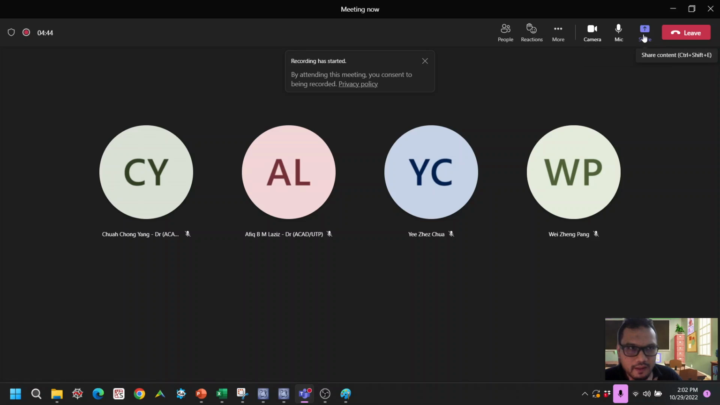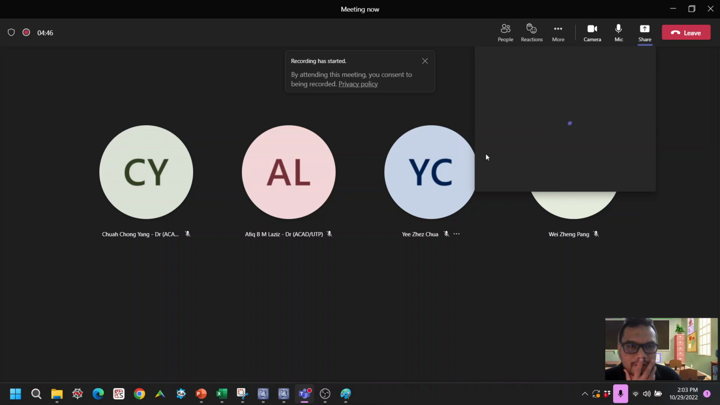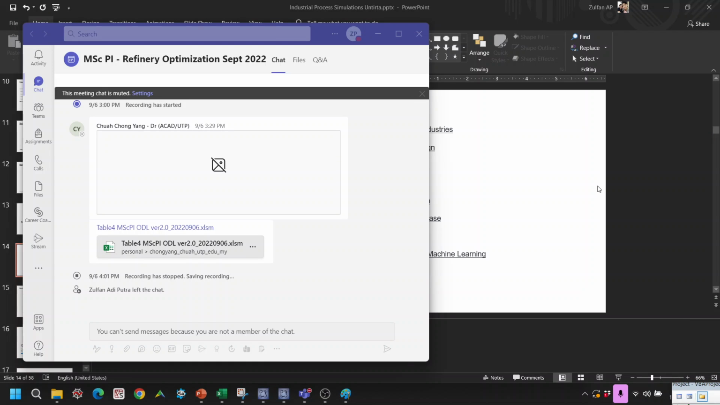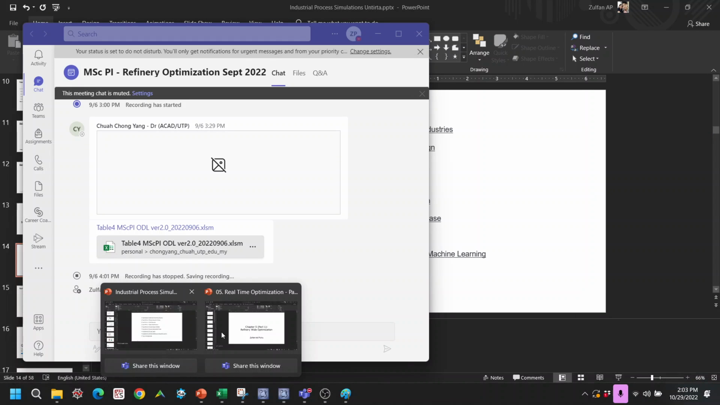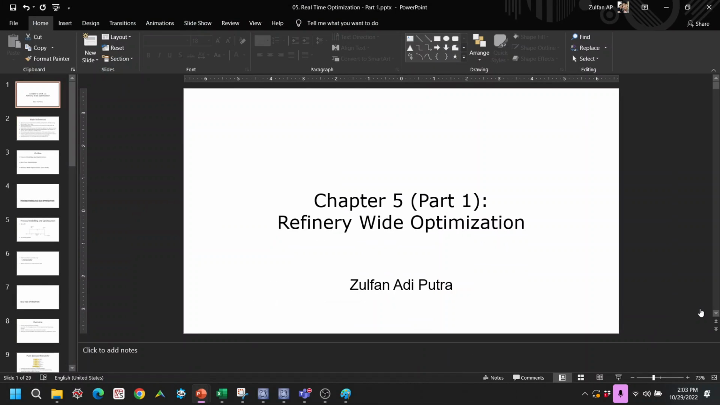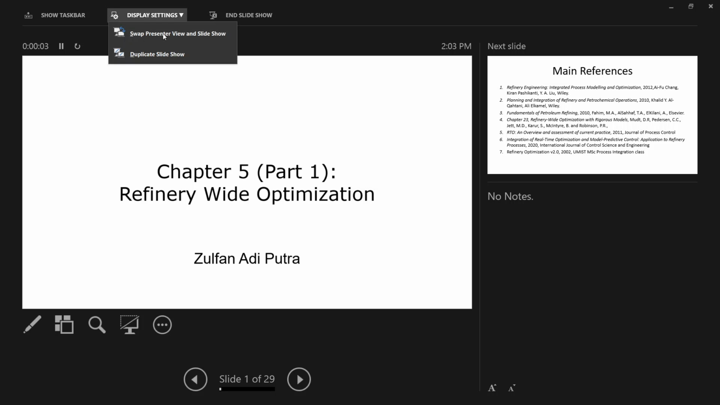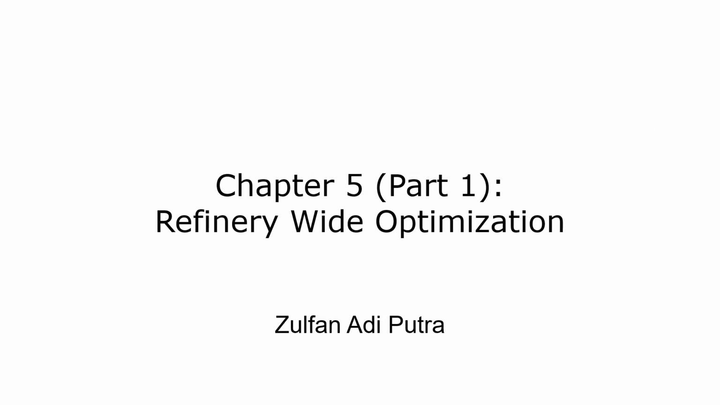So today I'm going to share. Today we will talk about what we call real-time optimization, or well, it's refinery-wide optimization. But the example that we are going to discuss is not a refinery example, but the concept is the same because I don't have any refinery example with me. But nonetheless,